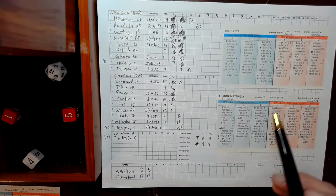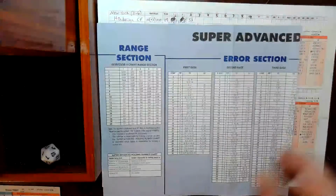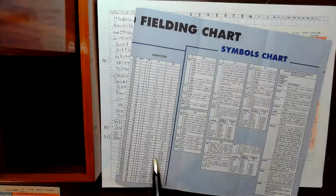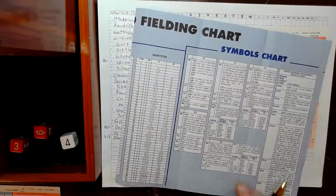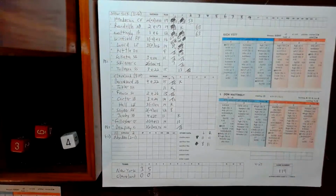That's a 4-6, and that's going to be a ground ball shortstop X. That is Franco. He is a 2. 2 and a 7, though. I believe he will get to that and make that play. He does, but we're looking for an error. And he is an E26, so they got to avoid 12, 17, and 18 to avoid the error. And that is a 13. He barely does. So Franco, tough hop, but throws Mattingly out